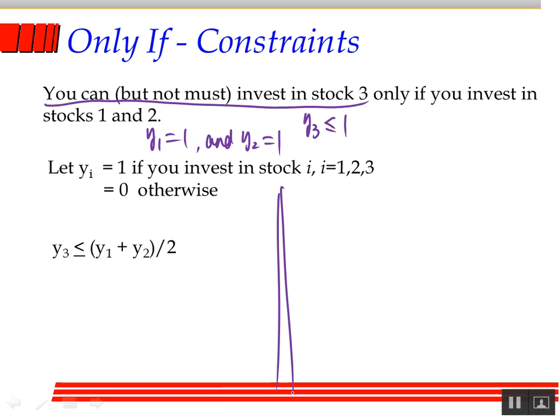So you can invest in stock 3 only if you invest in stock 1 and 2. 2y3 smaller than or equal to y1 plus y2. Yes, so that's another way. Okay, so just to make sure you get credit, I'm going to write it down, all right? So another way to write it, equivalent, right? 2y3